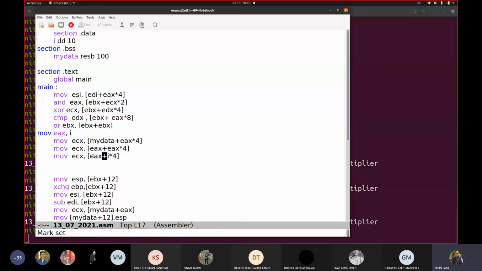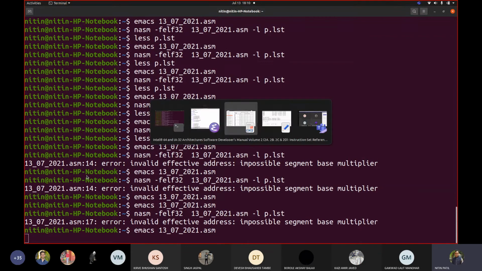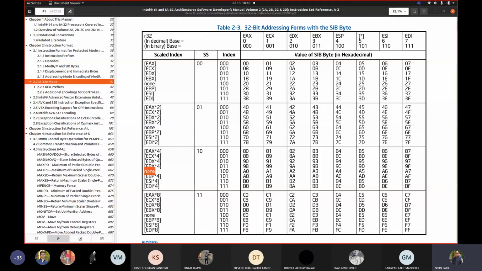Line number 17, the one that we added there. It is not permitting us to make use of this register directly. What are the index registers that we are using? Then in such a case, what should we do? How can we achieve exactly that goal? Because we cannot make use of ESP directly there. If I use EBP, then it should not be a problem.